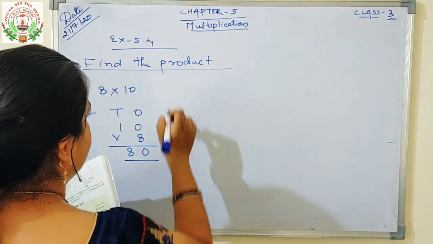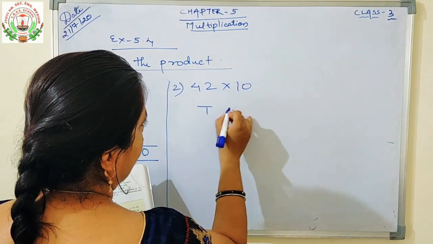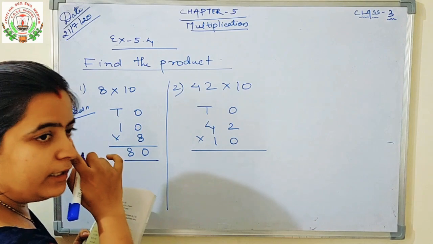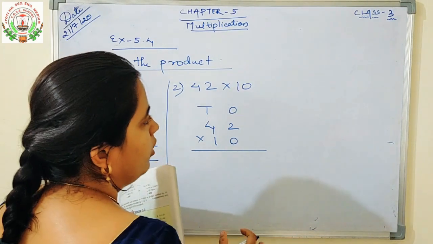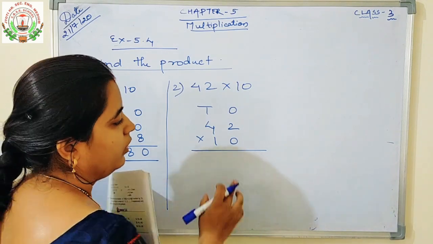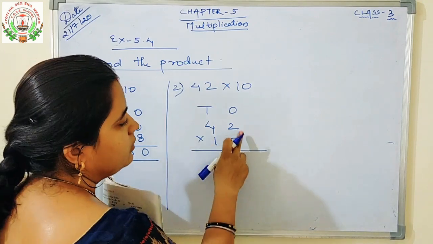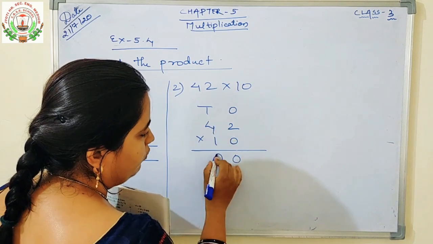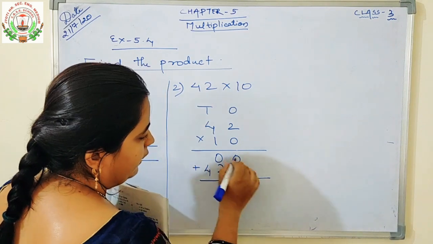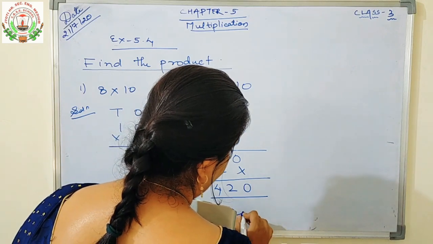Now number 2 is 42 into 10. So you will write here tens and ones. 42 into 10. You will multiply with the simple method. That method only is the correct method, because if you solve with another method, the chances are that your answer will be wrong. Because all children can't solve like this. So we will solve with this method only. 0 2s are 0. 0 4s are 0. Into 1 2s are 2. 1 4s are 4. Then we will add this 0, 2, 4. So whatever answer is coming, 420.